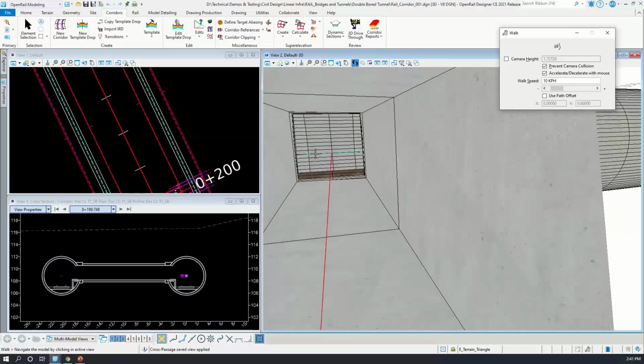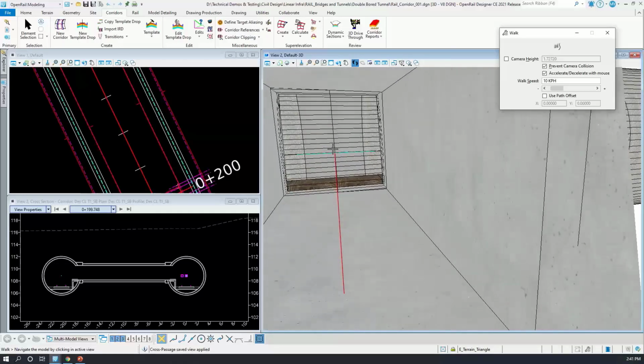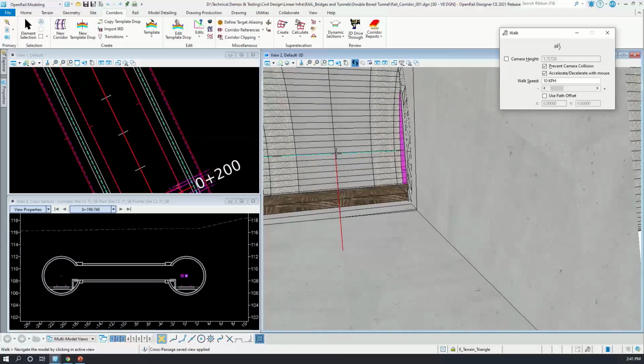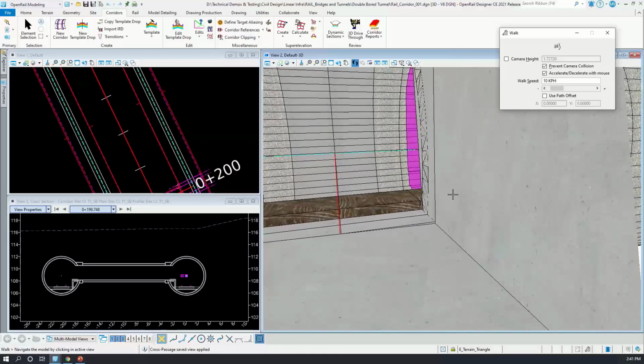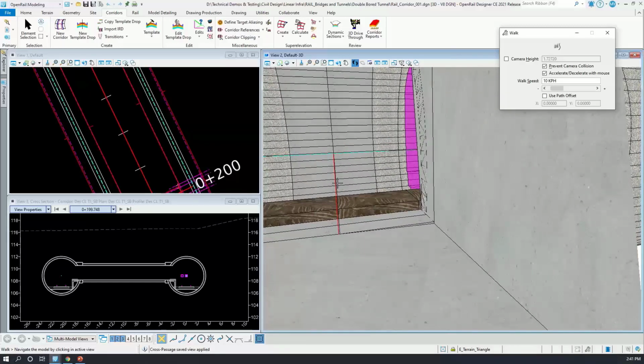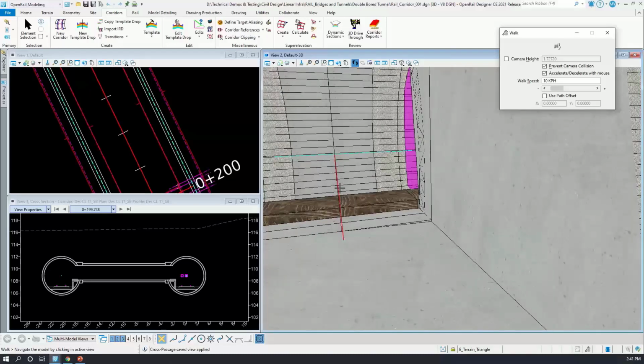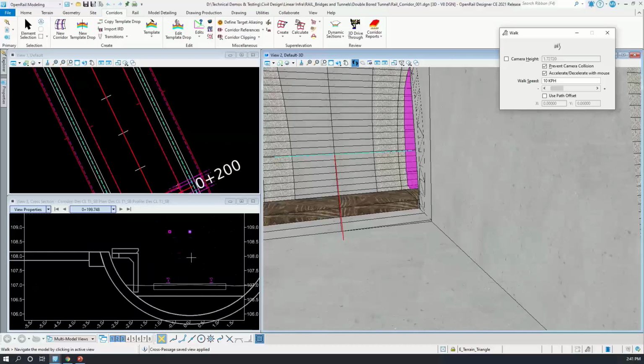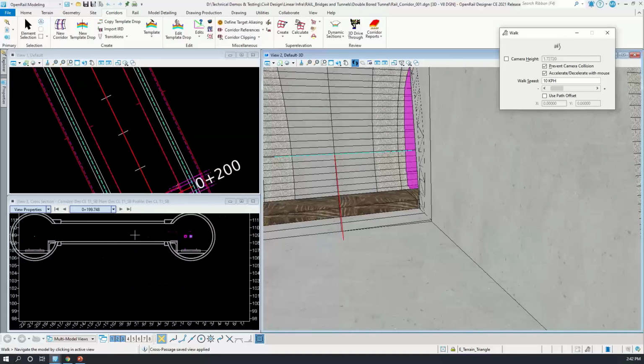Okay, so basically going through the next tunnel. I do hope you can see this portion of the tunnel here. As I mentioned, you can impose design standards. As you can see here in the cross section, a super elevation or a cant is applied. You would know that because of these points here that you see, and if you actually scroll through